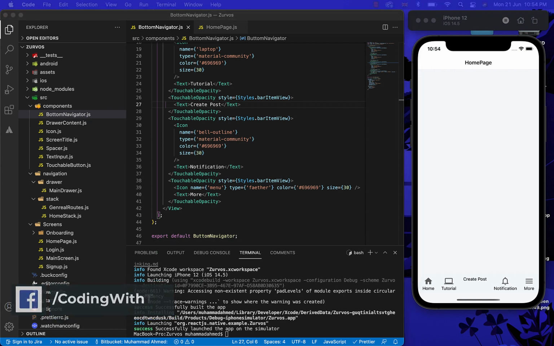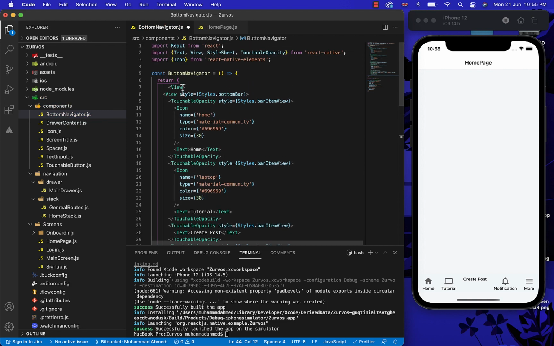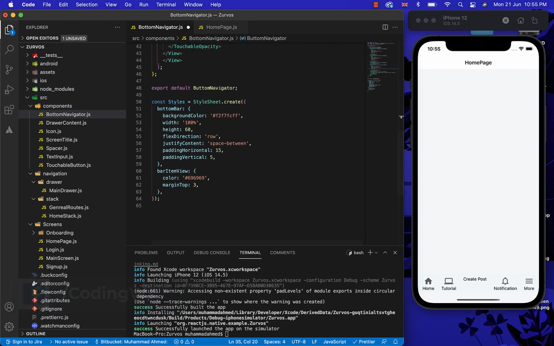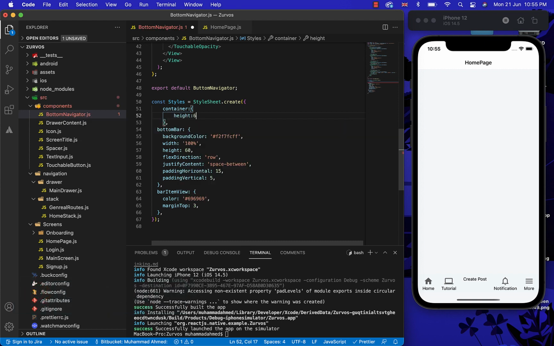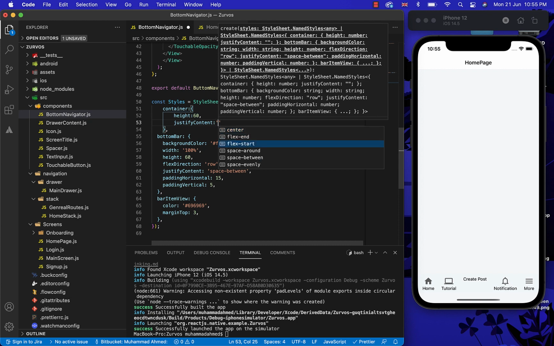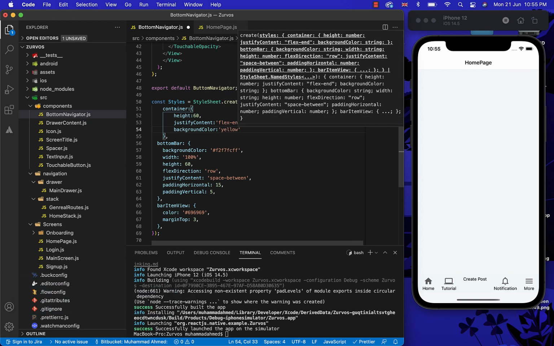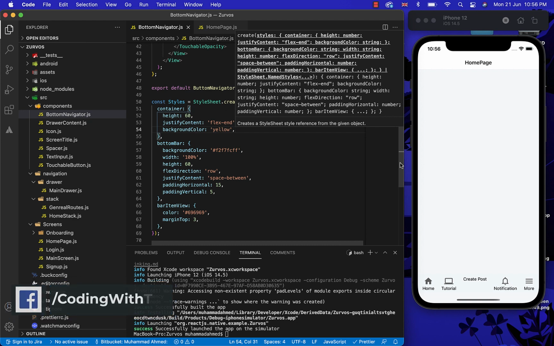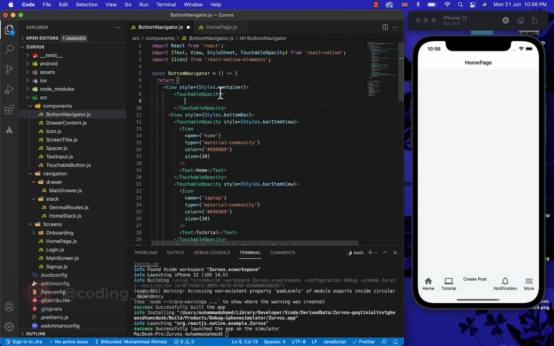So now, let's just create a button for the create post. Now same, as we have created the other buttons, let's just wrap an icon in the touchable opacity with the different names and the different styling.